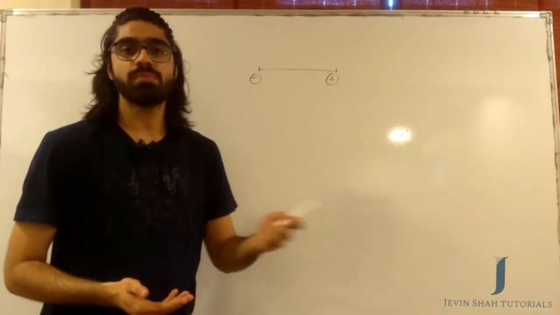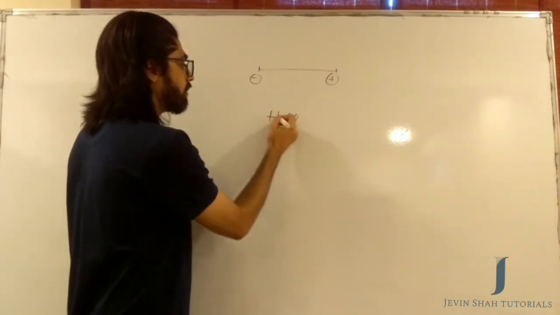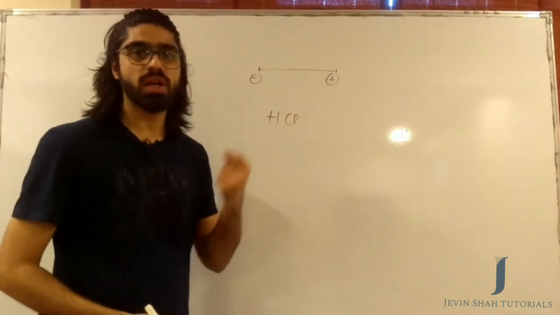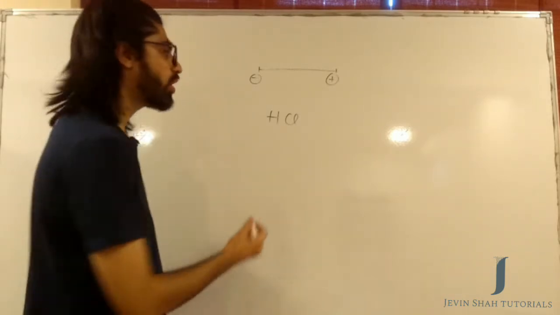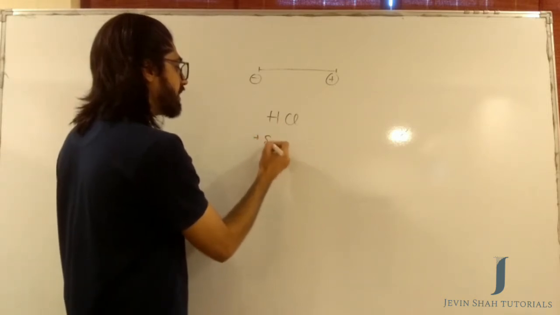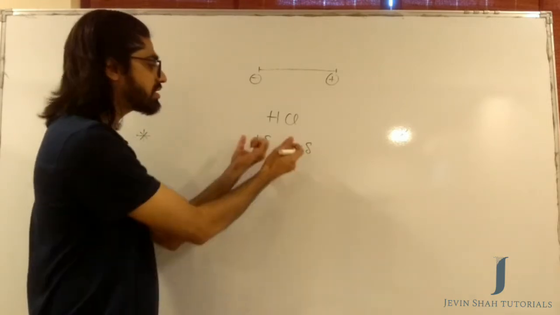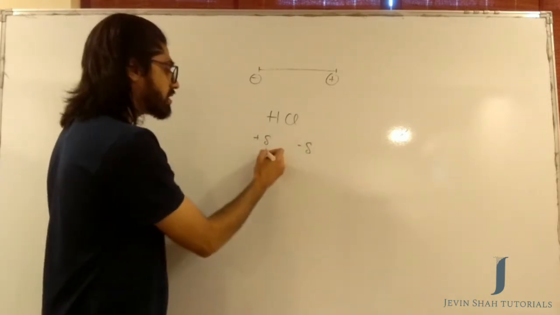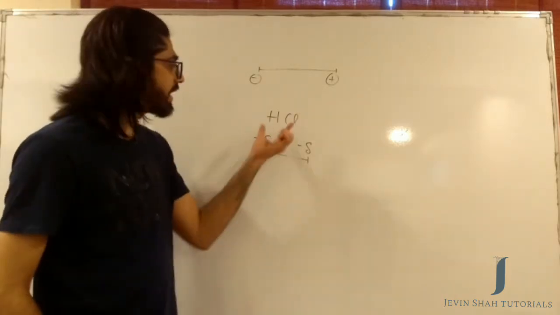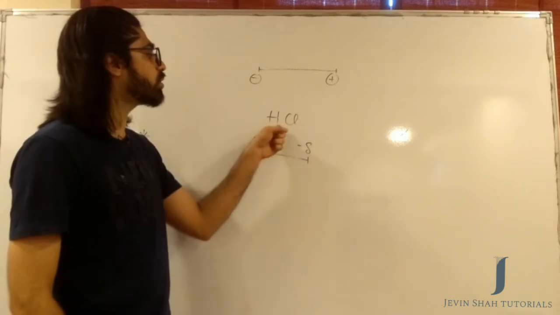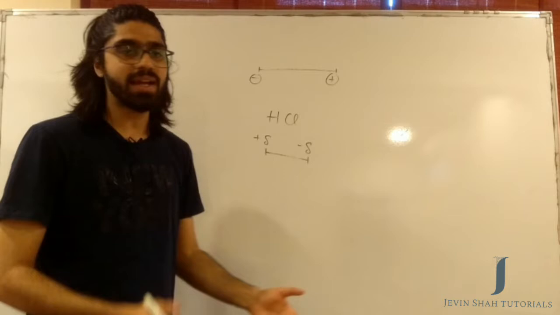It's like, for example, take a molecule like HCl. We all know that chlorine is slightly more electronegative compared to hydrogen, and that is why it will pull the electrons towards it, and because of that hydrogen develops a plus delta charge and chlorine develops a slight negative, minus delta charge. Now see, there is a separation of charges, but the two charges are still connected with each other because HCl by itself is a molecule and HCl is formed because of a bond between hydrogen and chlorine. So that plus delta and minus delta are connected to each other,